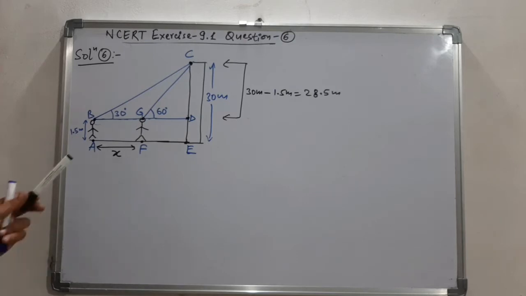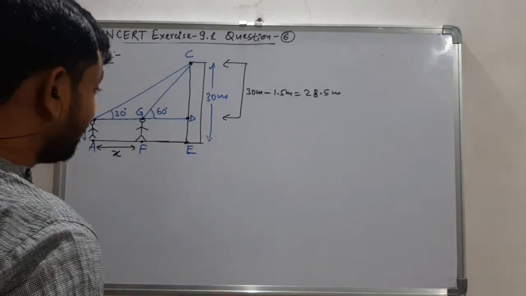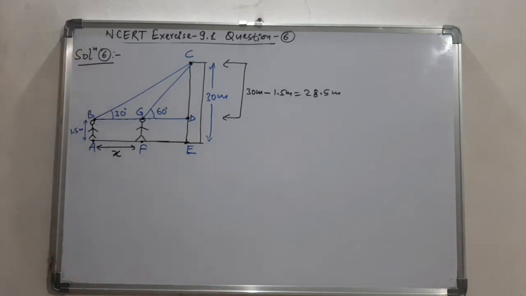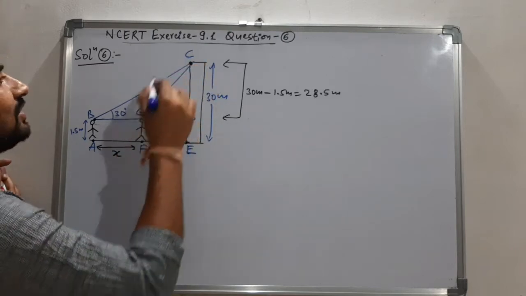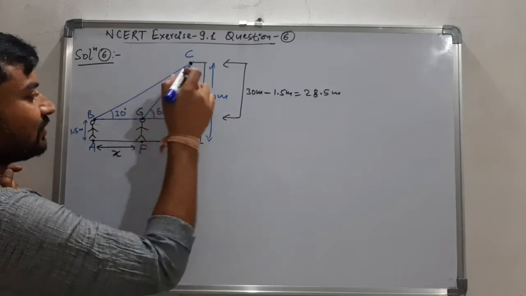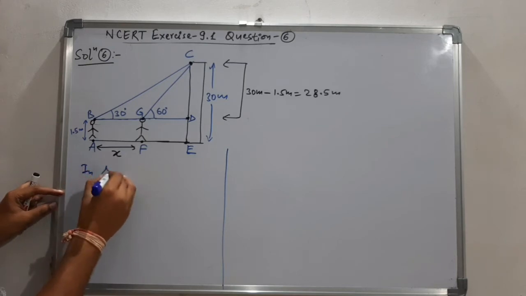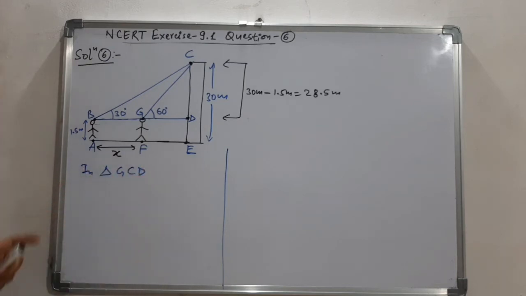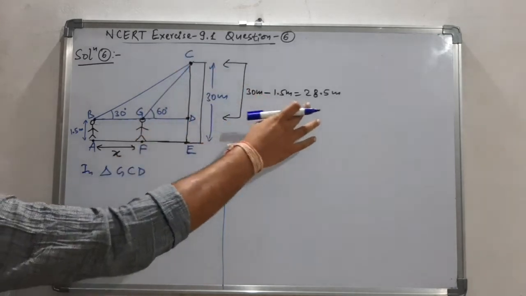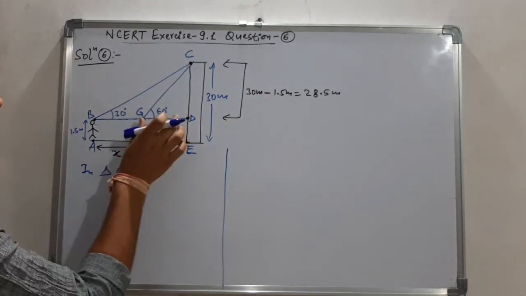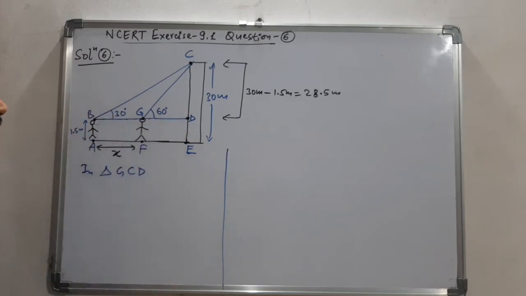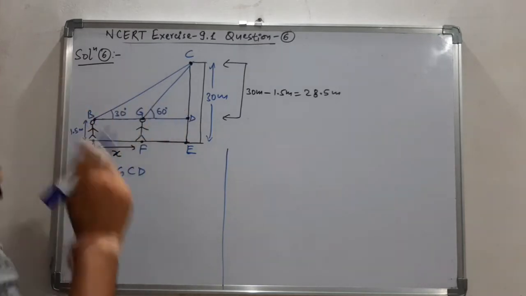Now to calculate this distance x, we will be using two triangles. Whenever there are two angles, directly we have to come to the two situations, that is there are two right angle triangles here. First triangle which we have to take is GCD triangle, the triangle which is making an angle 60 degree in it. So here in triangle GCD, here we know the value of CD as 28.5 meters. I am taking this value here. GD we want to calculate so that we can use it in the next part.